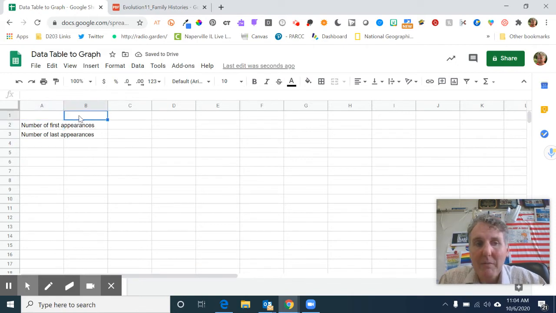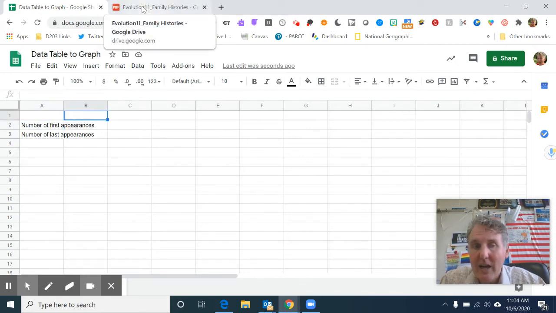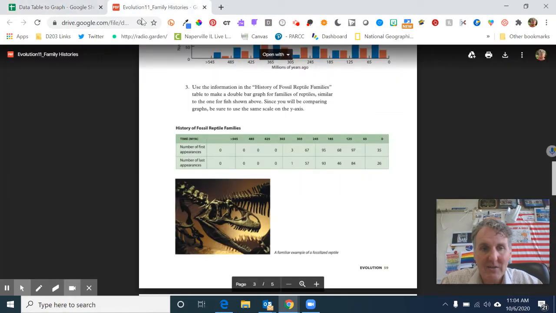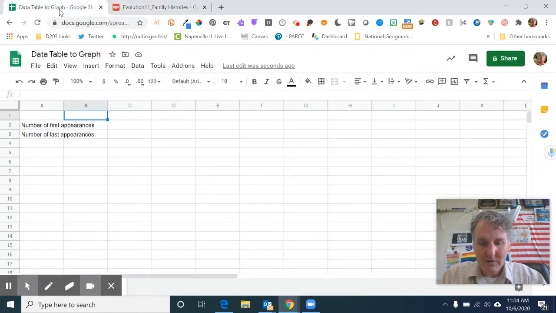Okay. Then across the top, I'm going to put in the time. And remember what I said in class, include the number plus MYA, from millions of years ago, because otherwise Google doesn't know how to treat it if it's just a number. It thinks it's part of your data set, and it's not in this case. So we're going to go with greater than 545 MYA,